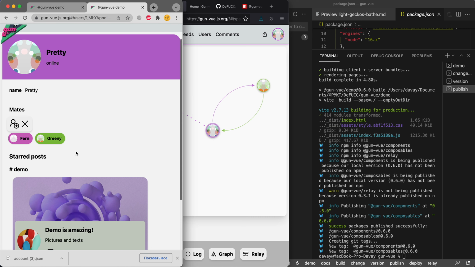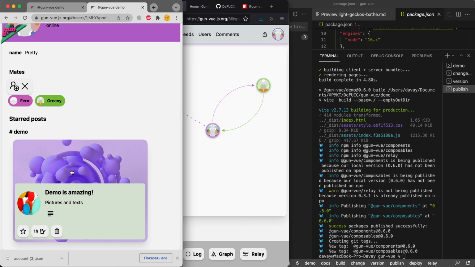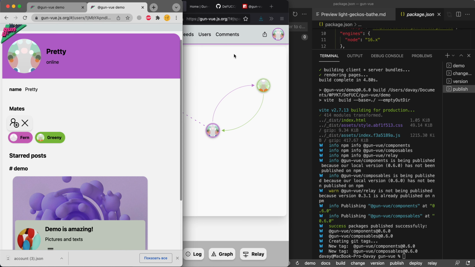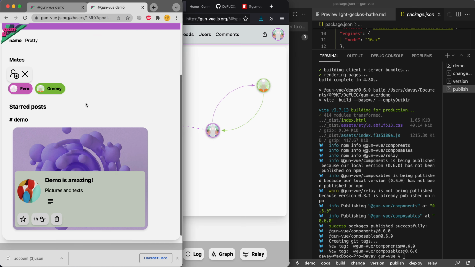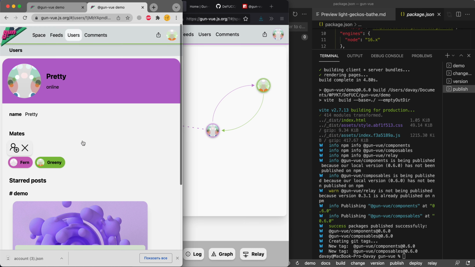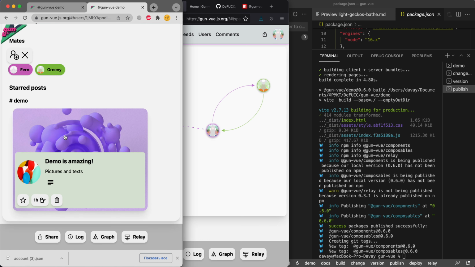So we now have these starred posts. So this pretty account here has likes, and here is the post, and the feeds and the post are the main thing that got some updates. For now, I just want to show you that now I just